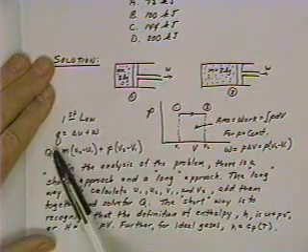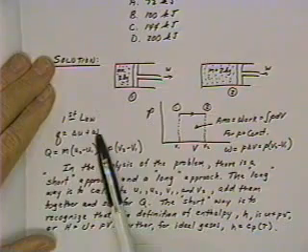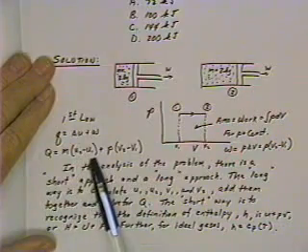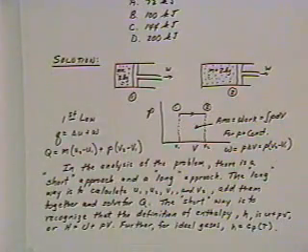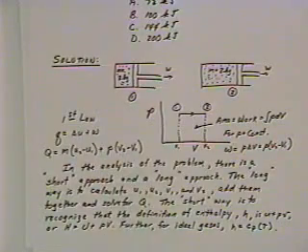So if we write our first law, since work is going to be positive, Q is equal to delta U plus the work. We just put the work on the other side, and we can write this as equal to the mass times U2 minus U1 plus pressure times V2 minus V1. If we look at the way this problem is set up, there are a couple of ways we can work it. One way, of course, is that we could just go ahead and evaluate U2, U1, V2, and V1 and plug into that and solve the problem directly,